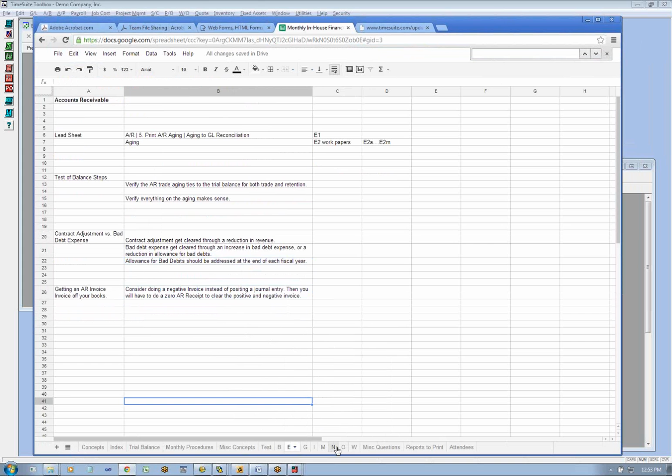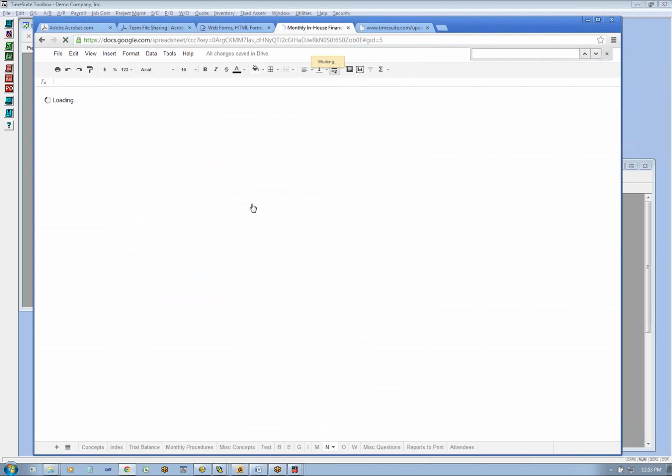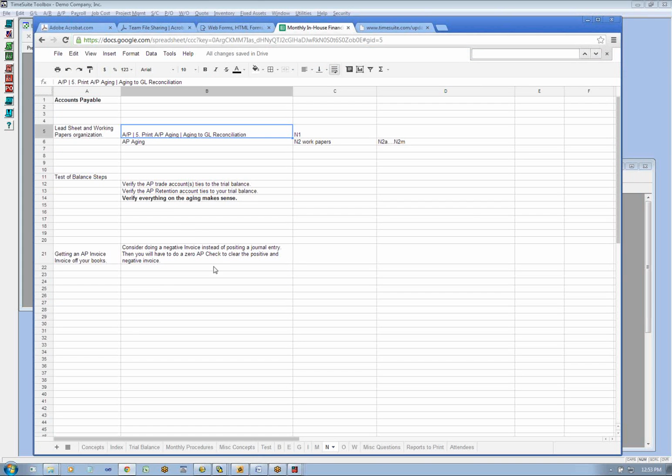So that's the concept with accounts receivable, and accounts payable is basically exactly the same thing. On your accounts payable, you can do substantive testing. For example, to make sure everything makes sense, you can tie your open items into your open invoice file and trace your subsequent disbursements into your payables. That's what your auditors will generally do, one of the steps they take to make sure everything makes sense.